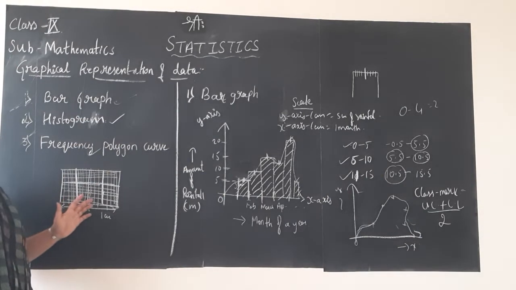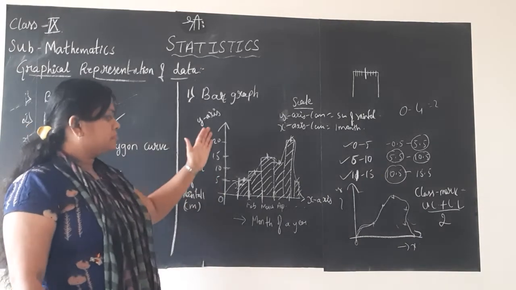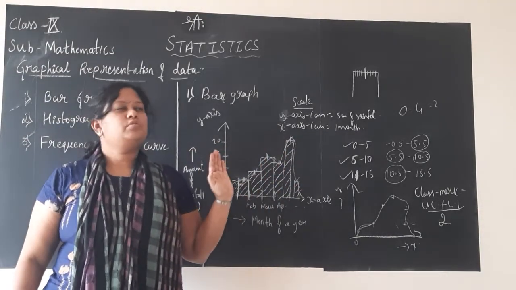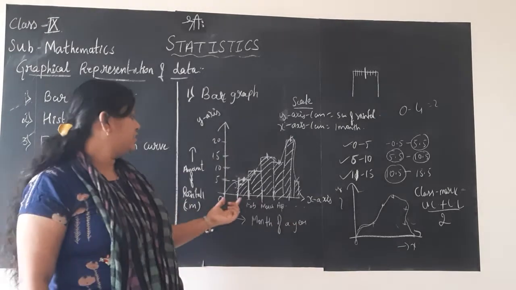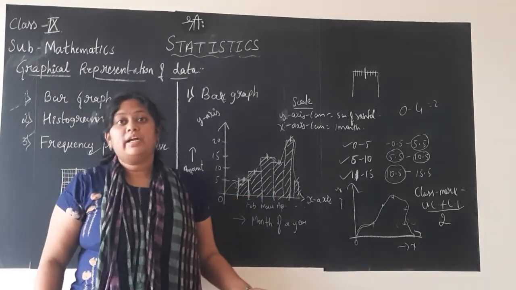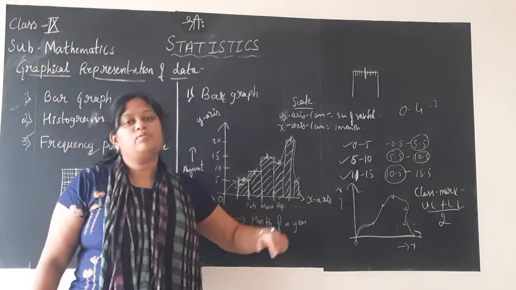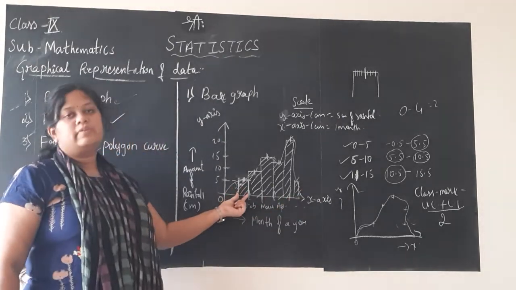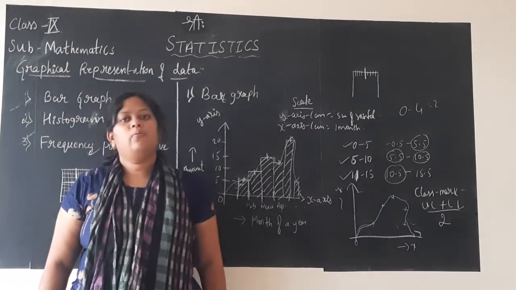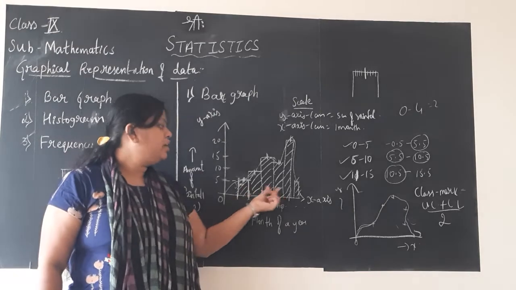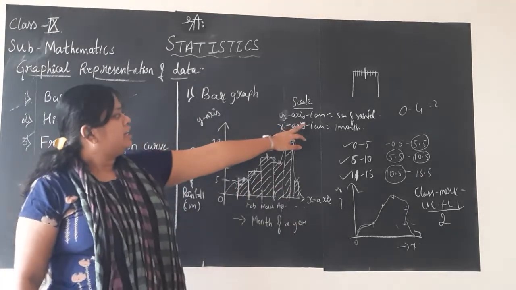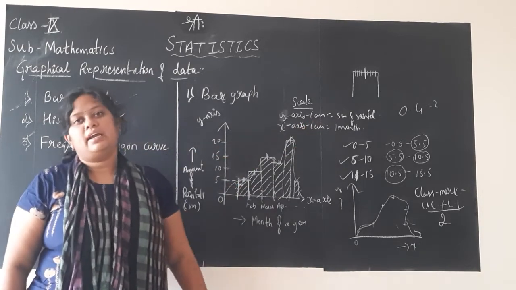That's all. Bar graph means you will draw the bars with gaps in between. Usually, it is not that you have to always take 1 centimeter width. You want to take 2 centimeter, you can take, but make sure throughout you take 2 centimeter. One bar 1 centimeter, another 2 centimeter, another 3 centimeter, that is not the way to do. Each bar should be of the same width. Either you choose 1 centimeter or 2 centimeter. That has to be mentioned here in the scale.